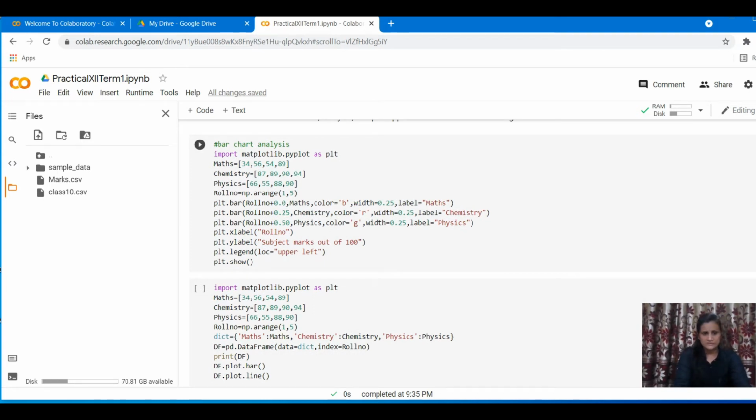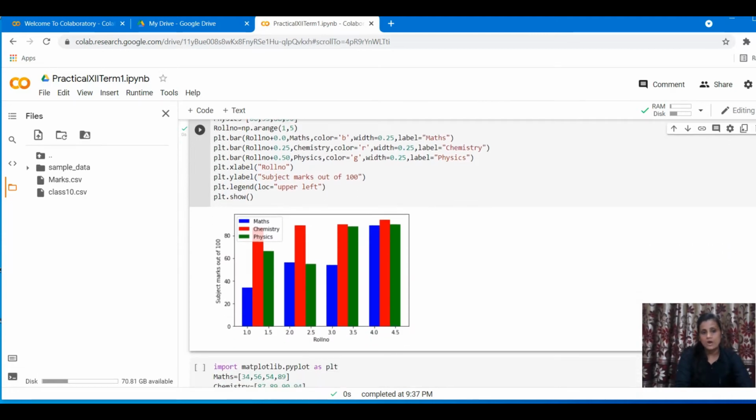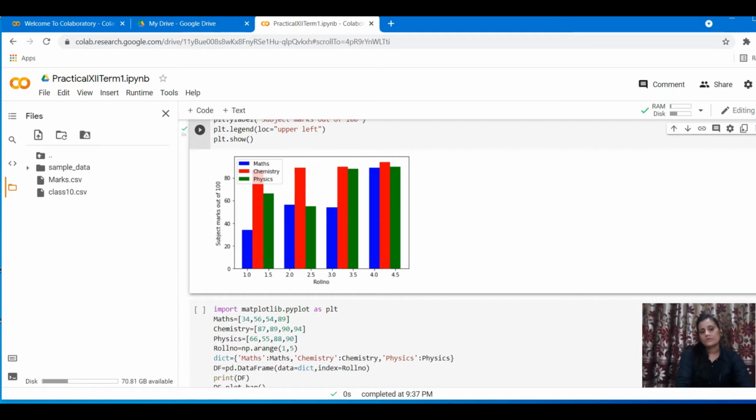Here we are creating a data frame. We are applying a bar graph on individual columns properly with the proper width and the name, labels and everything. Before explaining this, I'm going to execute it so that you just see what the result is. Then I will explain how you're getting this result. See, you are getting properly roll number wise the graph of three subjects, maths, chemistry and physics. So how you are getting this is your chapter matplotlib related.